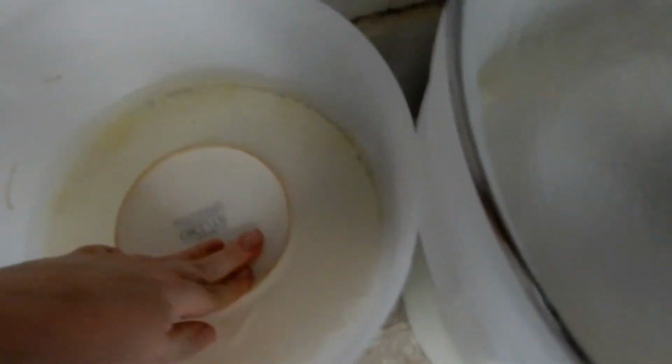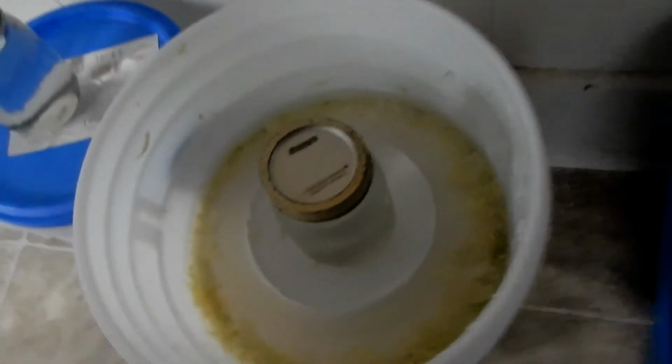I can't get it up. I have to get a plate, but anyways, I'm just going to leave that. And I'm going to check this. Well, I'll probably end up checking it every day, but just as soon as you start seeing a little film develop, and here's where the big plate is, and there's still liquid coming all up there. That's good. As soon as you start seeing any film,